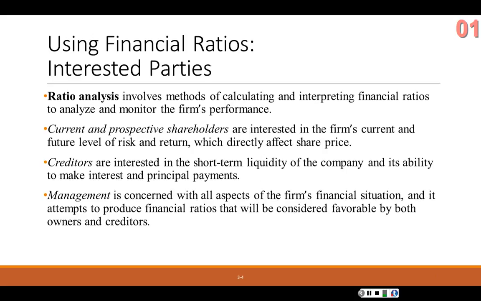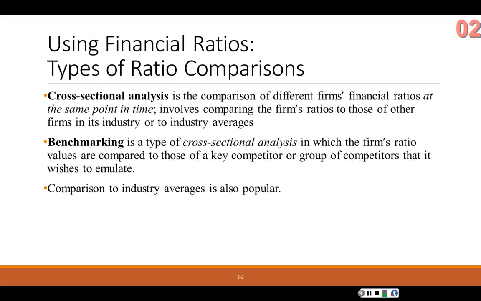Ratio analysis involves methods of calculating and interpreting financial ratios to analyze and monitor the firm's performance. So why should we look at financial ratios? It helps us determine if companies are creditworthy. It's only a small portion of overall business analysis. We also have to look at the industry characteristics, agency issues, strategy of the company. There are multiple types of ratios that we're going to look at. But first we're going to look at